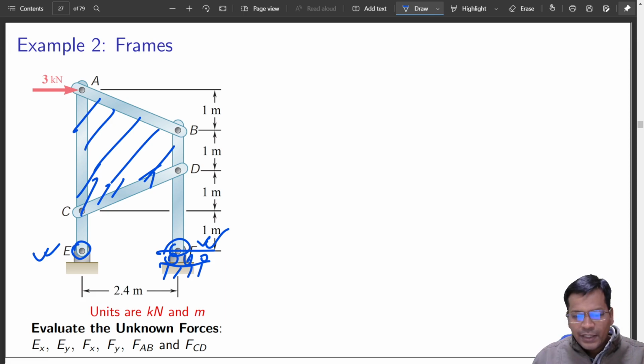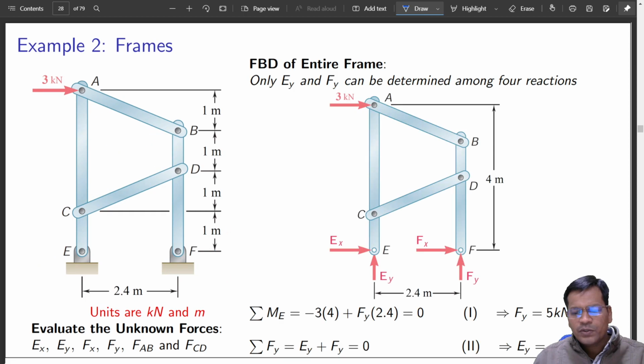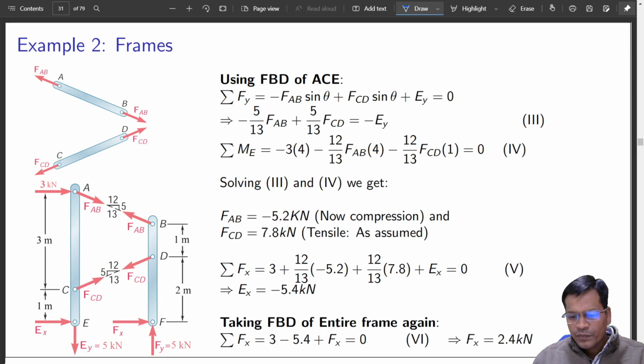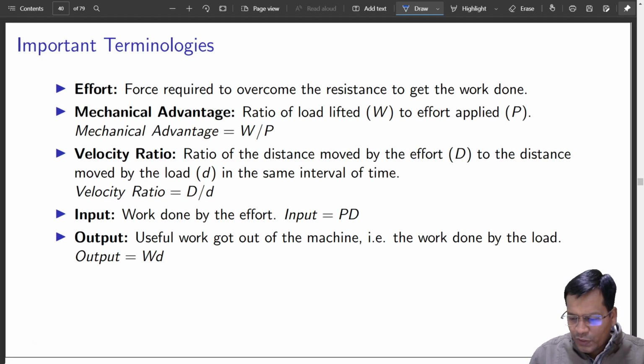See, statically indeterminate is not always a problem. Although it gives me that, there are other approaches by which you can get this. Over here also we could successfully find out this and this. You saw that in the earlier example also, right? So it is not always true that going this way you cannot get the answer. Okay.